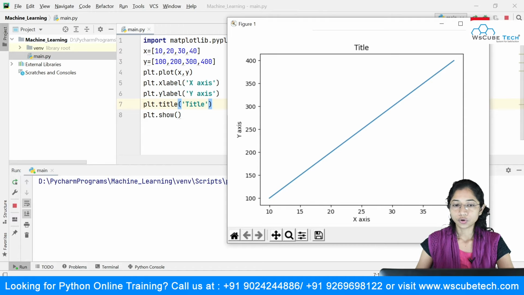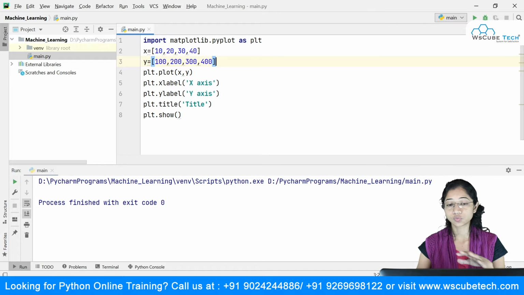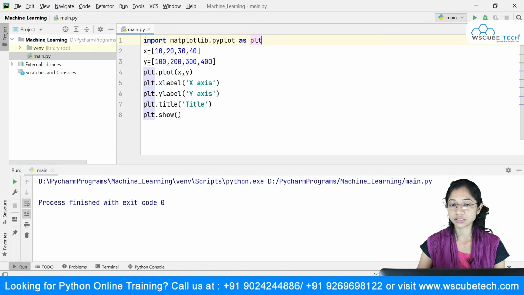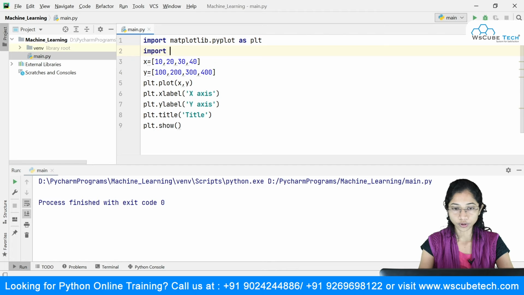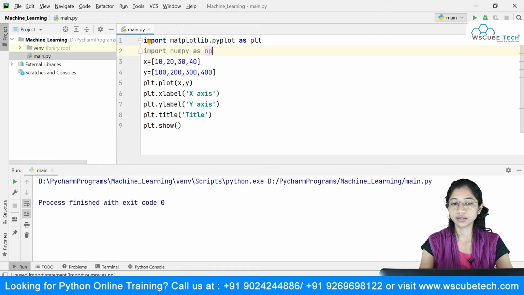Okay, fine. So we have seen that by passing it in the form of a list, you can even pass your x axis values and y axis values with the help of an array. We have just seen that in order to create an array, we make use of the NumPy library. So what I will simply do is import that library. I will say import numpy, and the alias name I'm giving is np. So instead of calling numpy dot and the method name, I will just say np dot method. Okay, the short name. All right, and we have already seen that there are different ways by which you can create your arrays.